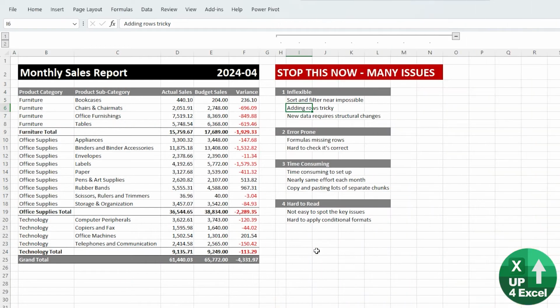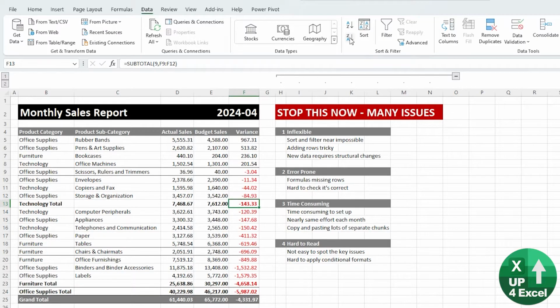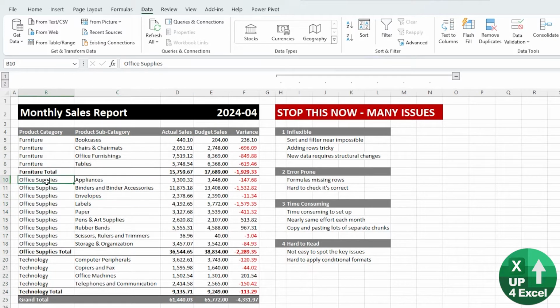The very first thing that I would find totally annoying about this is how inflexible it is. I mean, if I want to sort this by largest to smallest variances, if I go to the sort and filter, if I hit something like that, we've got the total reappearing in the middle of my report. If I want to filter it to just see office supplies, it's hard work. If I need to put new data in it, oh my word, I've got to start inserting rows, and then I've got to make sure that the formulas are picking up the right rows,